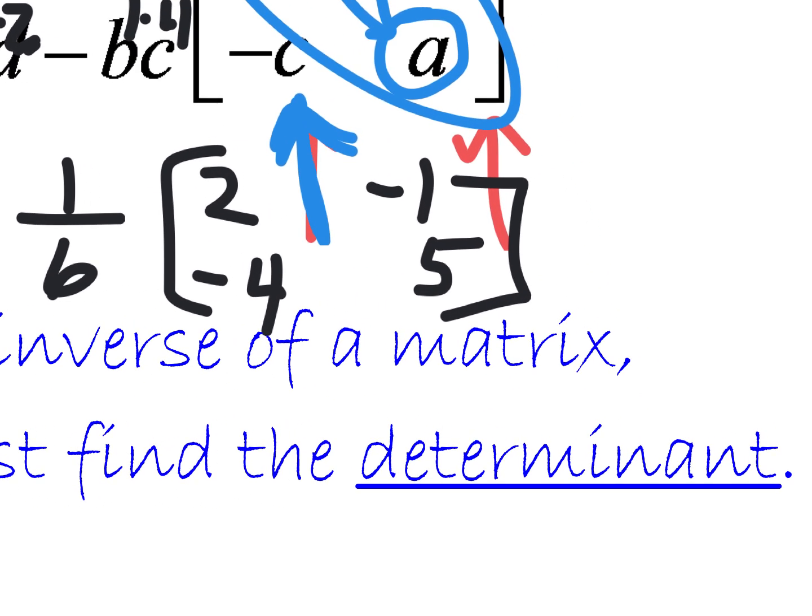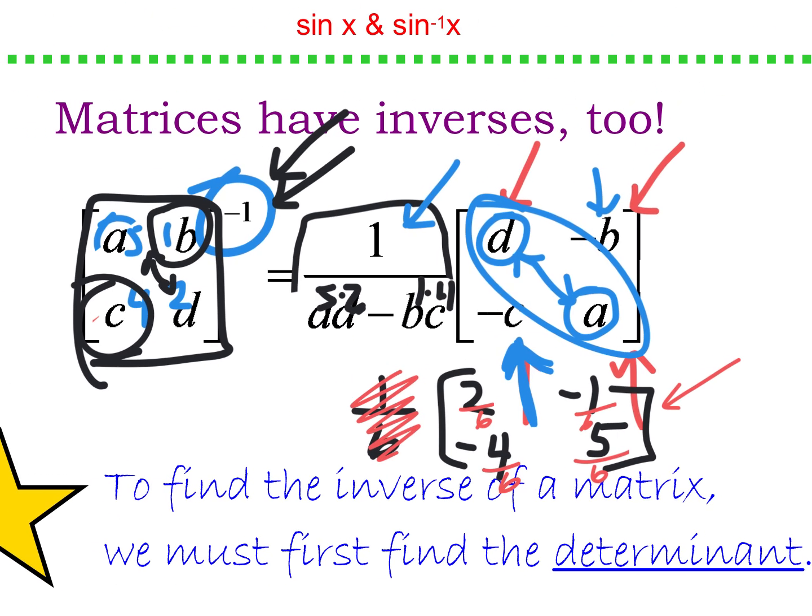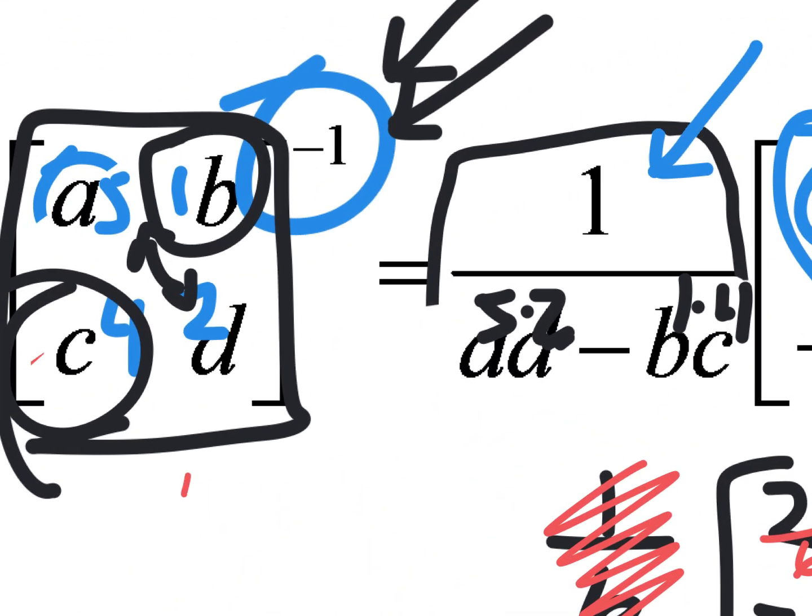Could you multiply all of those by 1/6? That wouldn't be that bad, would it? Final answer would be multiply this by 1/6, then it becomes 2/6, 4/6, 1/6, and 5/6. Now I don't have to multiply by 1/6 anymore. And yes, it can be reduced, but there is my inverse. Now, if I take my original, which was 5142,